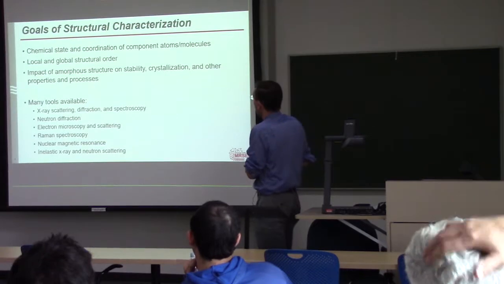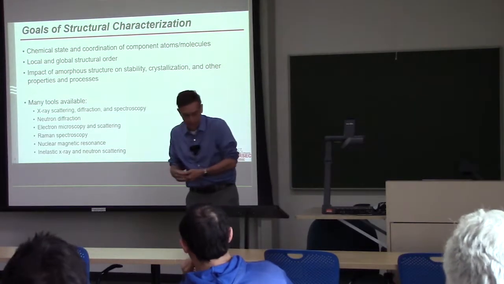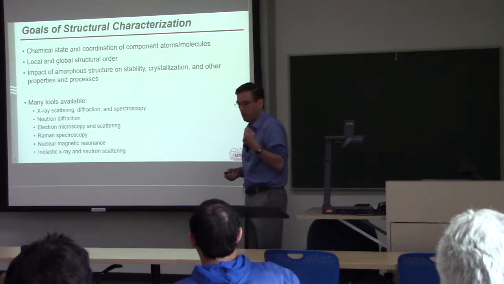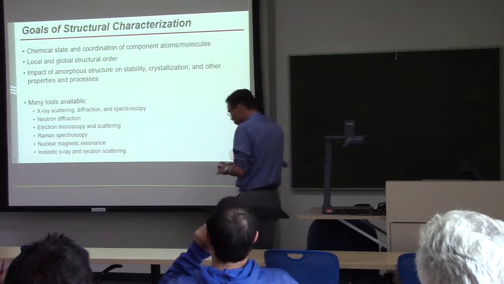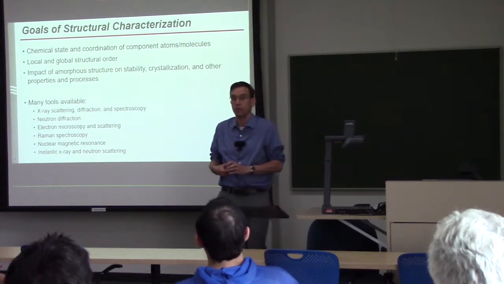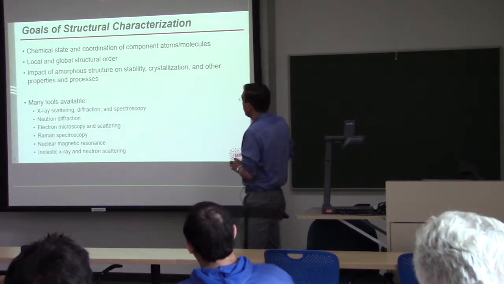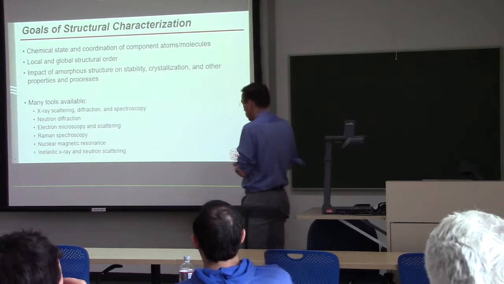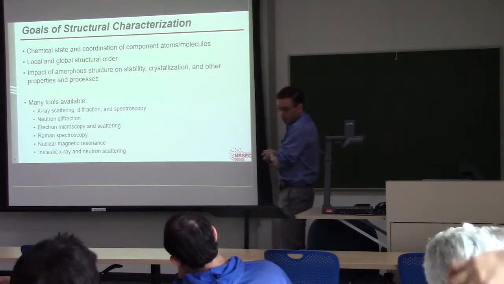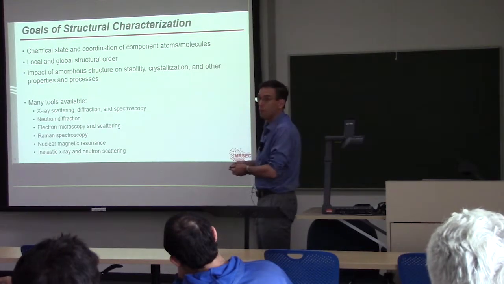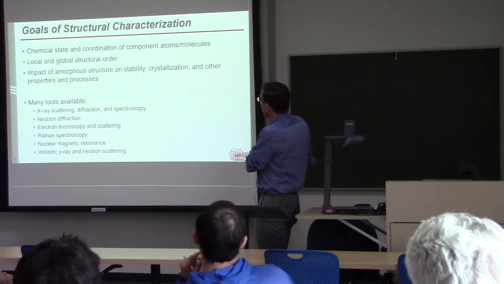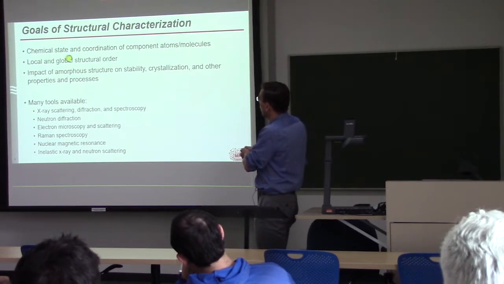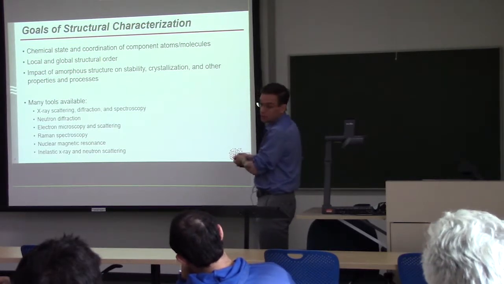Okay, so the goals. If you establish that there's this set of atoms in an amorphous solid, it's really not meaningful to know where all the atoms are individually. What is really important is to develop some structural description that allows you to interpret the ordering of the atoms and to learn about the properties of the resulting material. And so the goals of characterizing the structure of amorphous materials are to learn about the quantities that we can use to describe the structure.